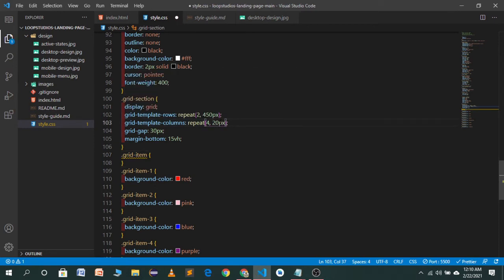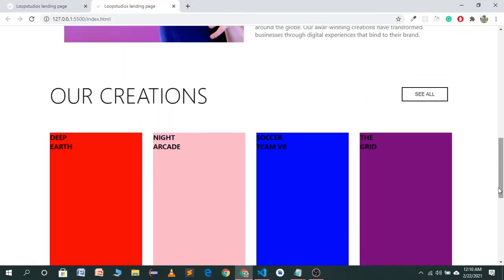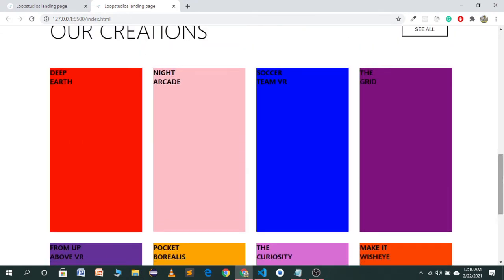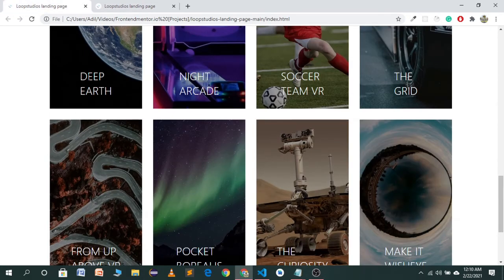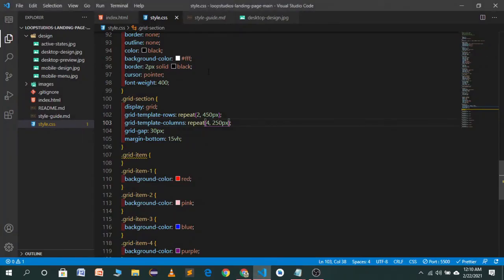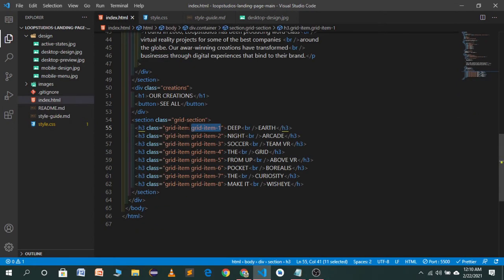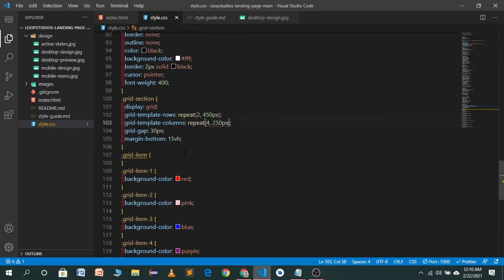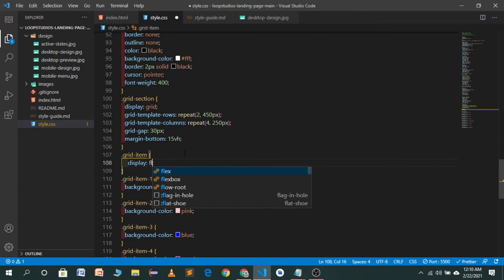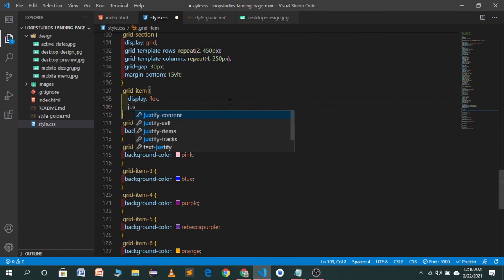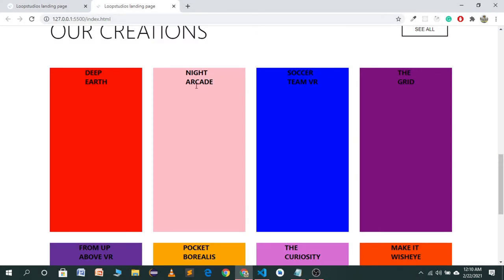First of all, we will increase the width because we want it in the same direction. The alignment should be same. So as you will see in the demo, we want this text in the middle. So what should we do? We'll go to our index.html. We'll copy the grid. We have already grid item class. So we'll set this to display flex. We will set the justify content to center, and now you will see the text has aligned in the center,